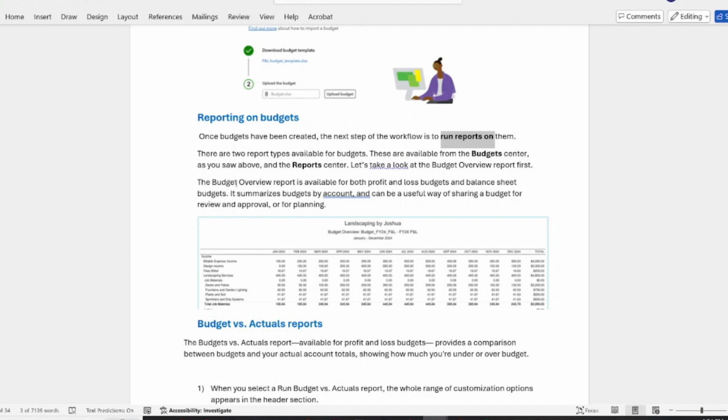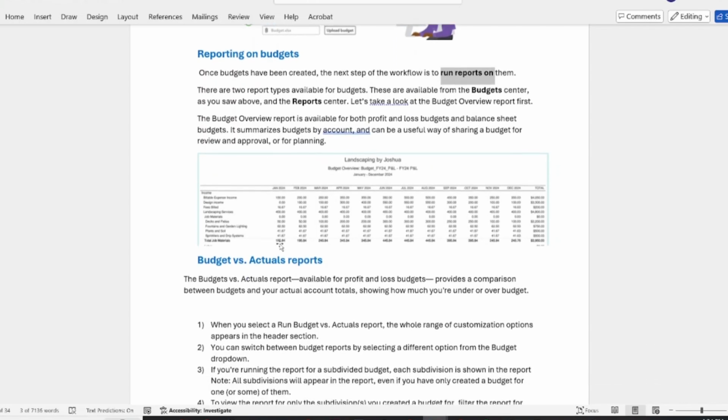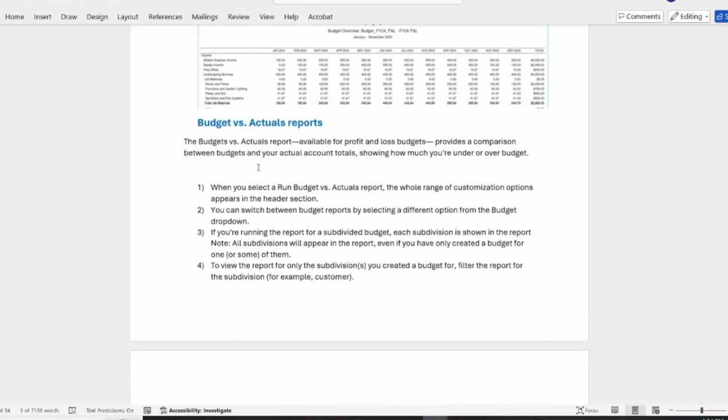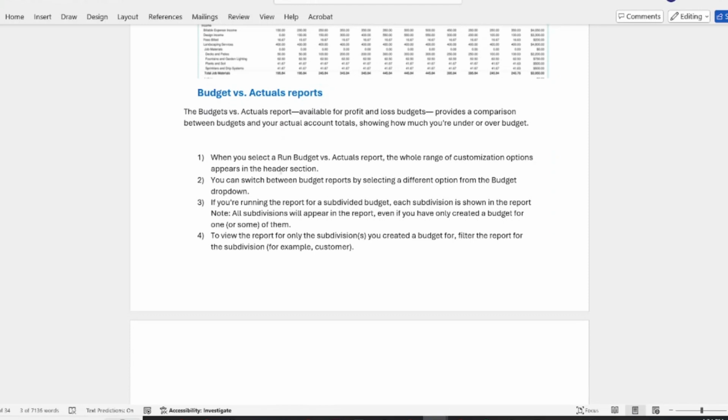Okay, budget versus actual reports. Available for profit and loss budgets, they provide a comparison between budget and your actual account totals, showing how much you are under and over budget. When you select to run budget versus actual, the whole range of